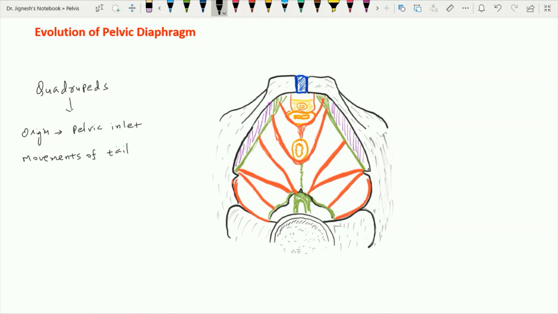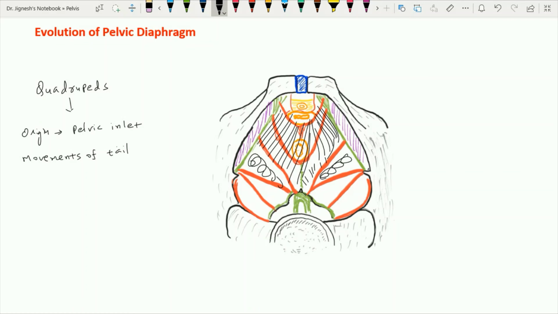and these pelvic diaphragm muscles in the quadrupeds insert over the lower part of the caudal vertebrae. So with the vertebral column, the tail continues, and because of the attachment of this pelvic diaphragm with the lower part of the vertebral column, the movement of the tail occurs. The contraction of the pubococcygeus muscle will lead to the movement of the tail forward, and the animal can take the tail between their two hind legs, while the contraction of the iliococcygeus